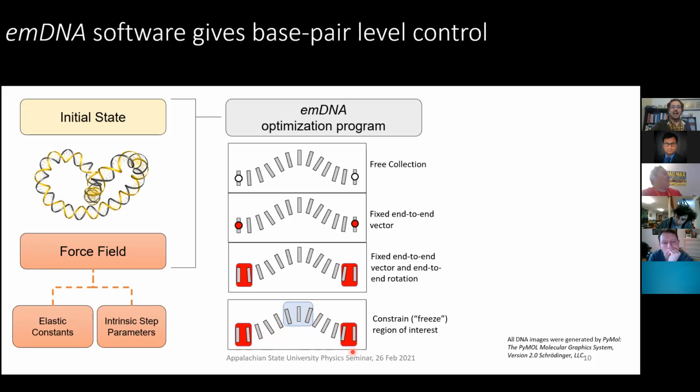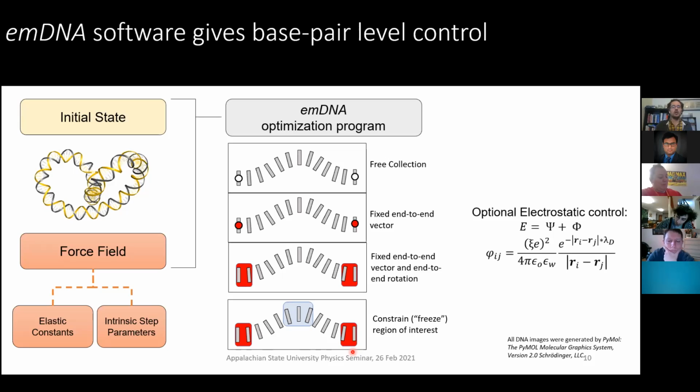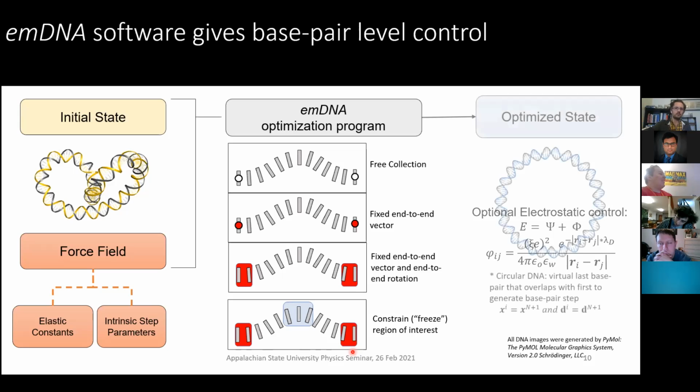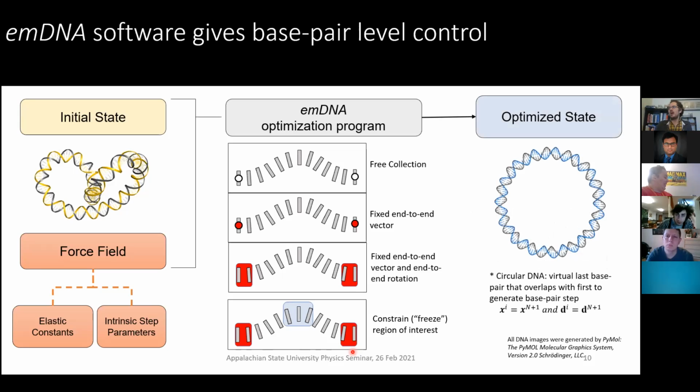And this is all elastic. I could, if I wanted, incorporate some sort of electrostatic control because DNA is a naturally occurring negatively charged macromolecule. So I could include electrostatics in the calculation. I could have different types of environmental studies if I had a highly negative solution or a highly positive solution. And what you see here is an example of an ideal form of circular DNA. We don't mess around with the conditions. All we want is just a nice, smooth optimization. We get a circular structure here.